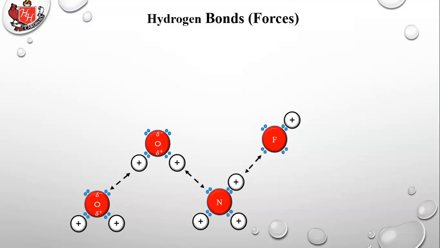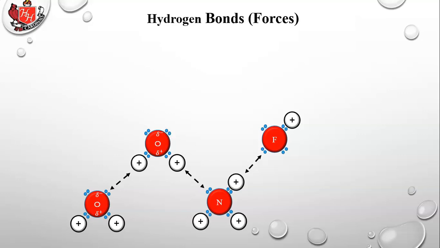Now, why is it only oxygen, nitrogen, and fluorine? Because they're three of the most electronegative elements on the periodic table. So they pull the electrons away from the hydrogens, and that exposes the protons. Other elements, such as carbon, are not electronegative enough to pull the electrons away from the hydrogen atom, so the protons in a C-H bond are not exposed. The proton, which is the nucleus of the hydrogen, in a C-H bond does not stick out. It's not as exposed as it would be with oxygen,